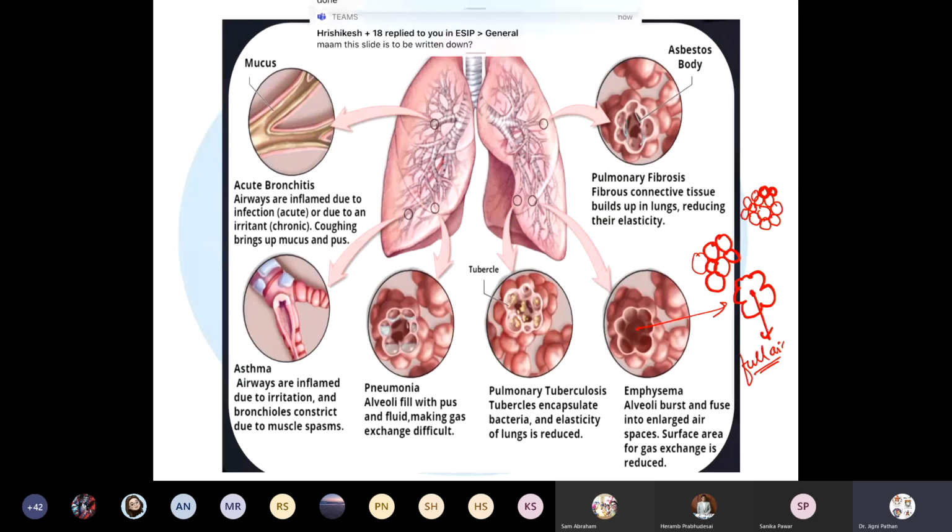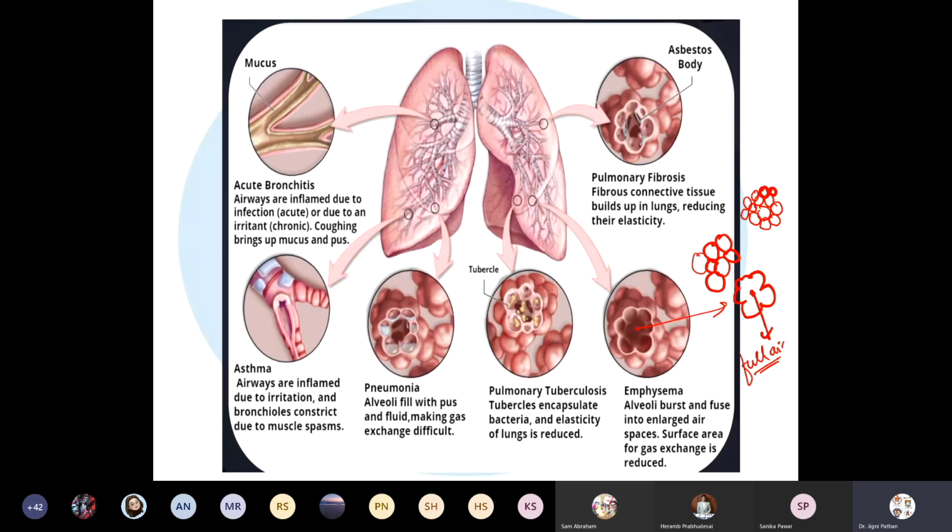Ma'am, this slide is to be written down? Who is asking me now whether to write it down? Take a screenshot now. I cannot wait. Rishikesh, what are you doing all this time? Watching the slide? See, it's up to you, Yash, whether to refer or whether to write down. But these are the important points. If you can refer and if you can remember it, it's well and good. If you think that you need to revise it later, then you can write it down. That is what I said.